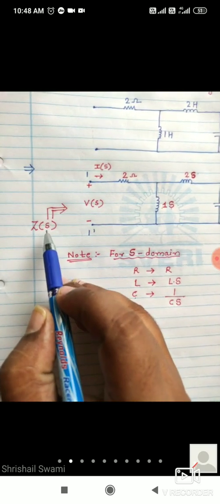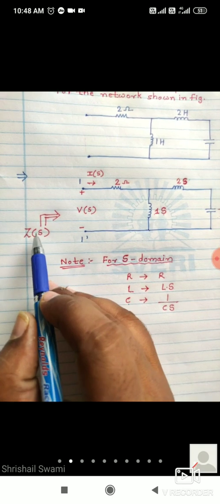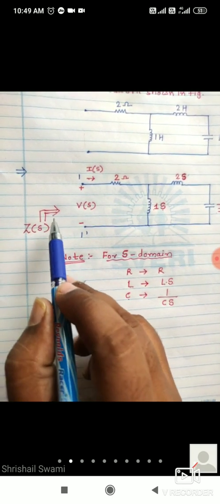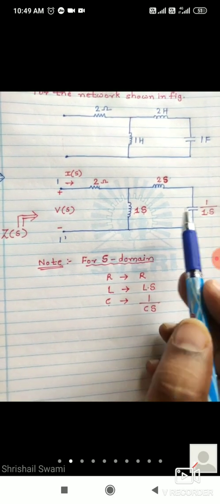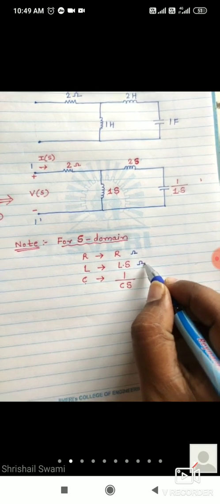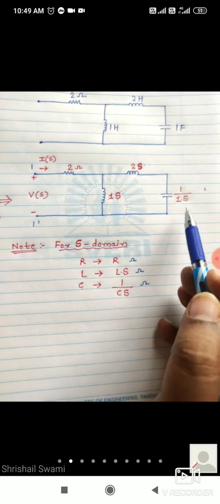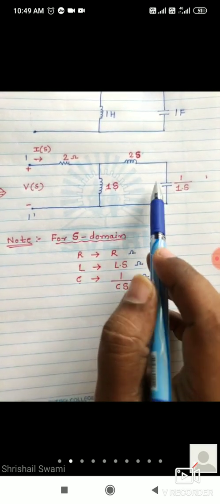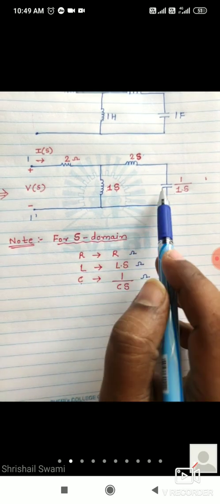So we are going to calculate Z of S. The equivalent impedance or driving point impedance you are observing from this side, measured from the opposite side. All of these have impedance, so we can say all have the unit ohm. When we are observing from one side, we are measuring from the opposite side. So how are these two connected now, the inductor and capacitor? Series or parallel?